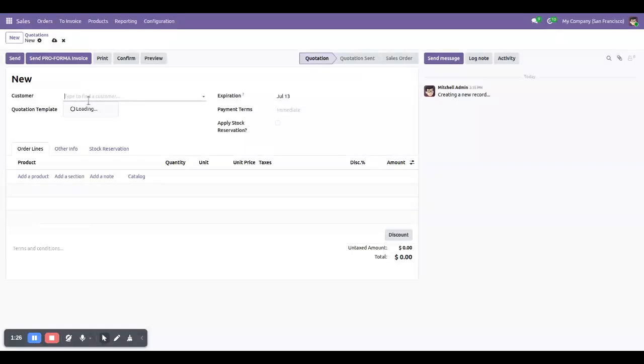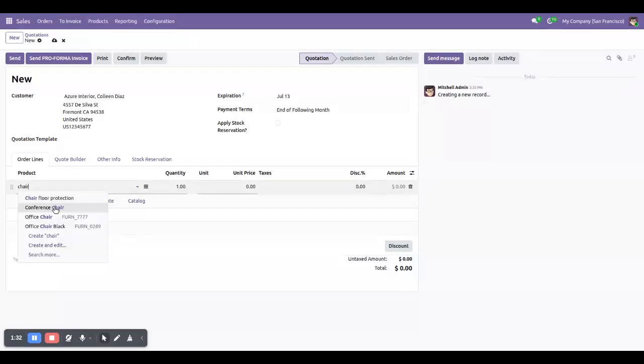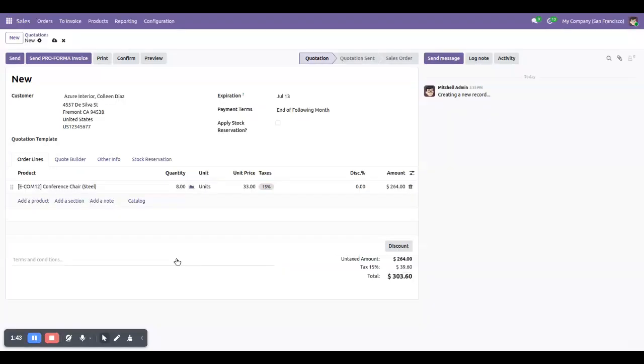First, we will create the quotation, and take the product chair. We already have the conference chair. We will select the steel, and here we can select the quantity to be reserved and confirm. As soon as we add the quantity, reserve and confirm,